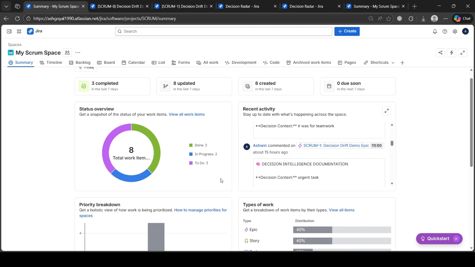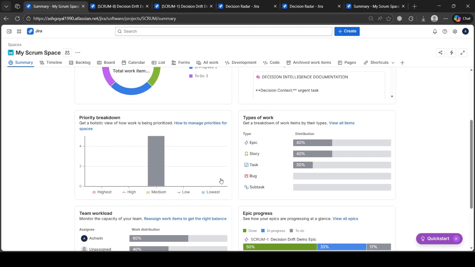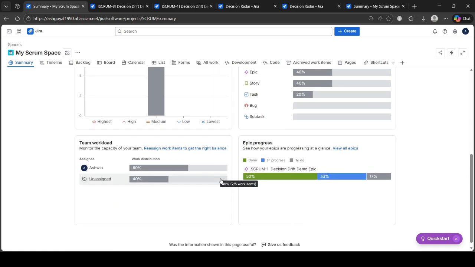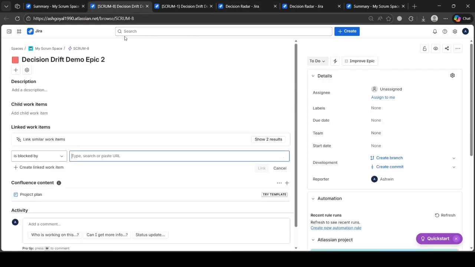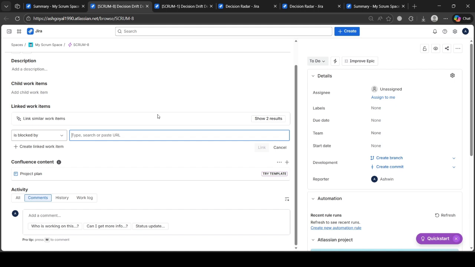Here, this is a summary page, and you can see it tells us activity happened, but it does not tell us the intent. And now you might think that Jira already solved this. It has summaries, activity feeds, change logs. But the thing is that all of them treat every change the same. A typo to them looks identical to a rollback. This is because Jira tracks execution, not decision making.